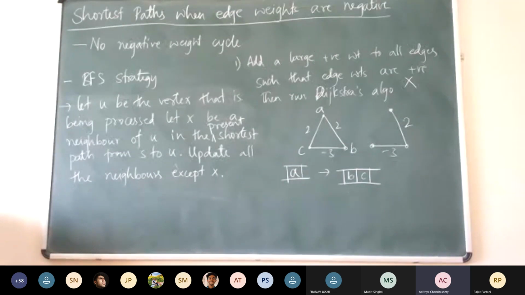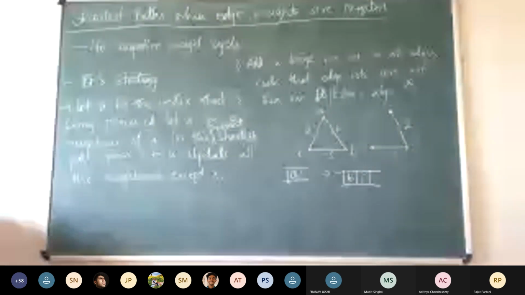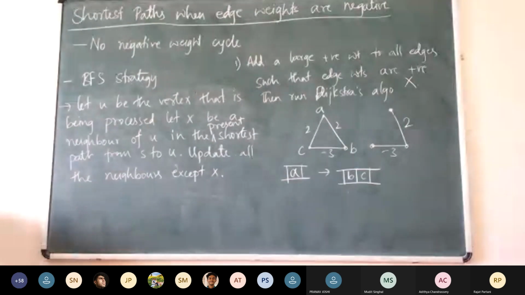Yeah. But the thing is, suppose we updated from B to C, then C's value would go to what? It will be -4 then, right? It wouldn't be -1. So even if you update, it will be wrong. Correct. It never updates it, right? So what happened with this? Okay, so that becomes a problem, right? So how do we take care of this?